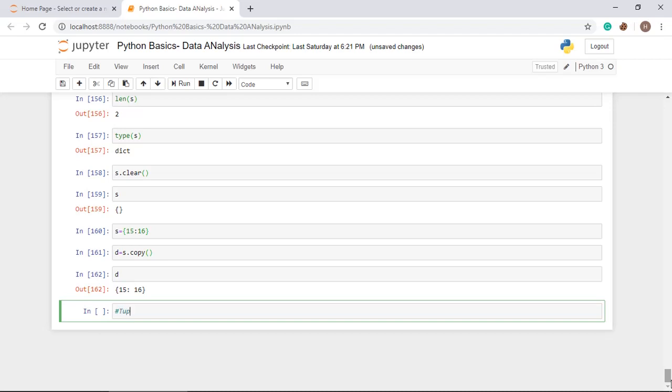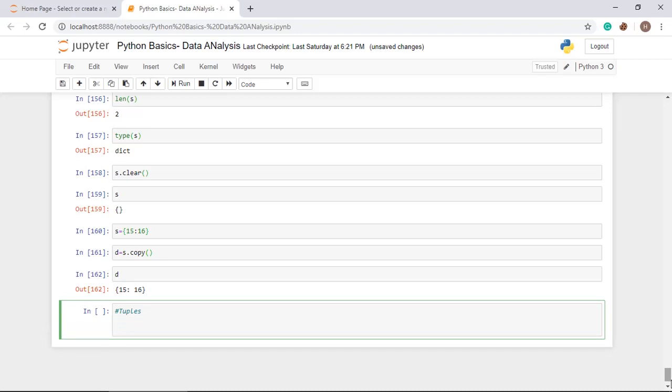Tuples are immutable data types, meaning you cannot change the data of a tuple. Tuples and lists are similar in structure, but the difference is that a tuple is immutable and a list is mutable.